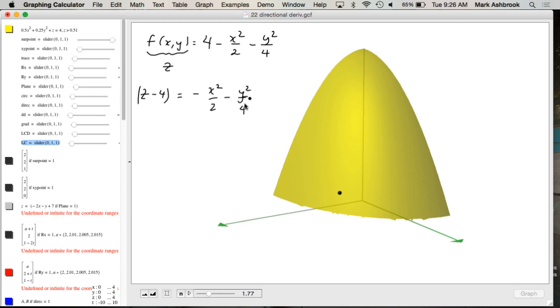And that is what? So we have linear and quadratic and quadratic. Remember what that is? That's a paraboloid, right? It's a paraboloid, and it's elliptical or circular? Elliptical. It's an elliptical paraboloid. Opening